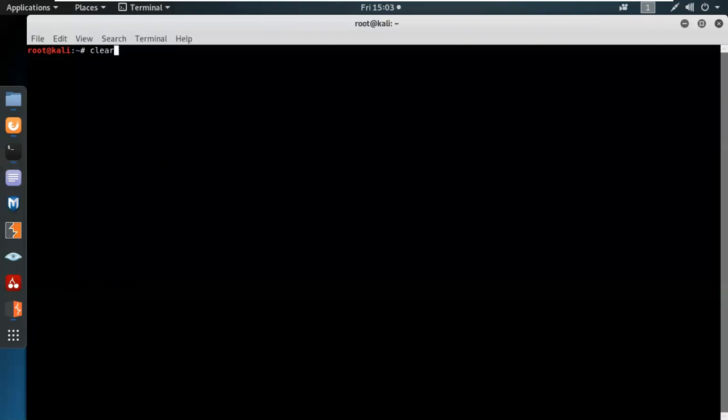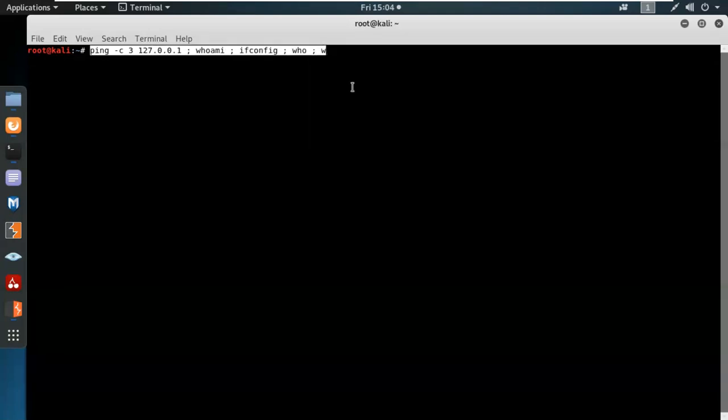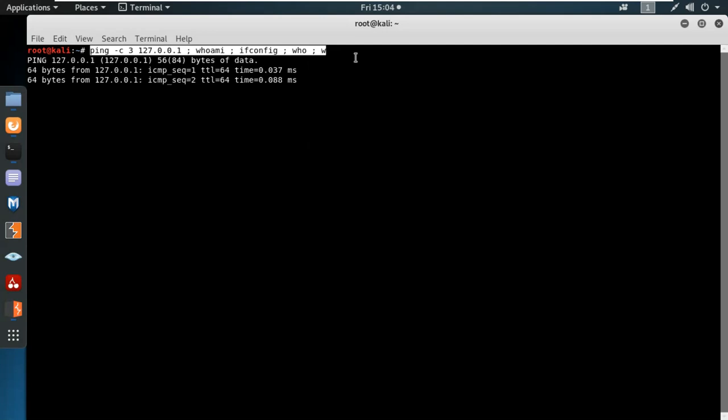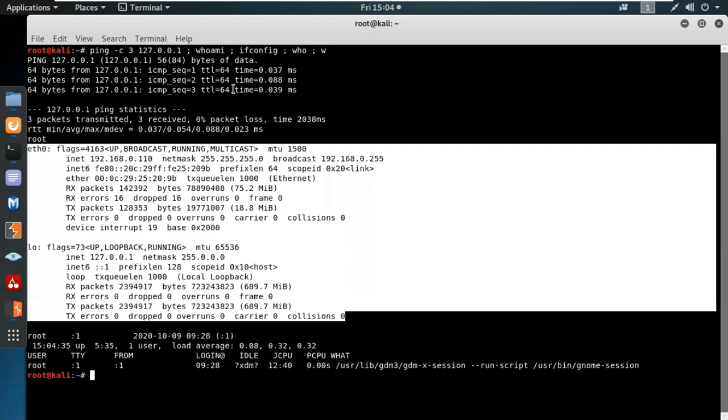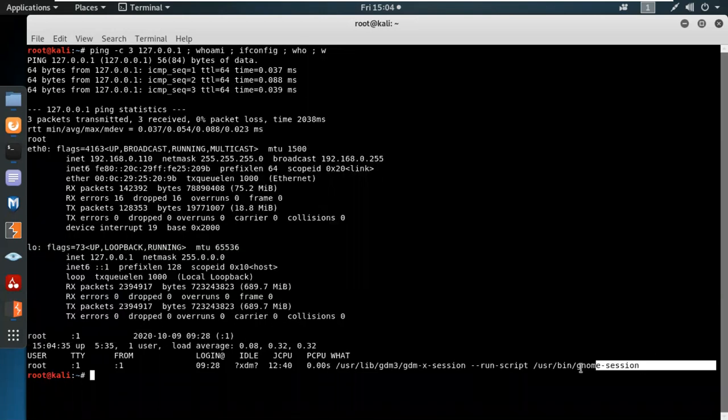तो अटैकर्स क्या करते हैं, जैसे कि मान लो कि मैं यहाँ पे पिंग कर रहा हूँ, सेमीकोलन क्यों होता है? सेमीकोलन का यूज होता है एक से दो कमांड ज्यादा मर्ज करने के लिए। पिंग -c नंबर पैकेट ऑफ 3 एंड द लोकल IP address 127.0.0.1 एंड सेमीकोलन। अगर मैं सेमीकोलन के बाद हु एम आई डाल रहा हूँ, या ifconfig रन कर दो, या सिंपली who रन कर दो, या w रन कर दो, तो मैंने यहाँ पे एक ही क्वेरी में 5 अलग अलग स्टेटमेंट डाल रखी है। तो मैं एंटर करता हूँ, सबसे पहले पिंग रन होगा, उसके बाद क्या रन हुआ? हु एम आई वाज रूट, देन ifconfig, फिर मैंने यहाँ पे डाला था who क्योंकि रूट है, एंड w की कौन लास्ट टाइम सेशन में और लॉगिन था।